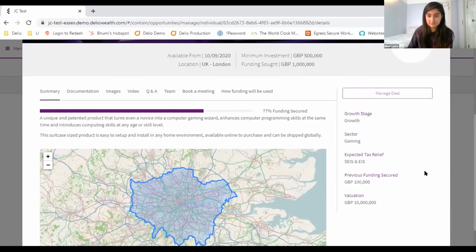You've got literally 30 seconds or less to be able to attract someone's interest. So don't get too technical. Don't tell them what they can already see, in other words, how much money you're looking for and what have you. That's already appearing there. So effectively, you can get this information directly to an investor straight away.